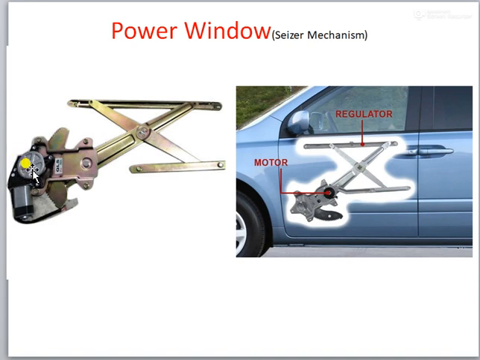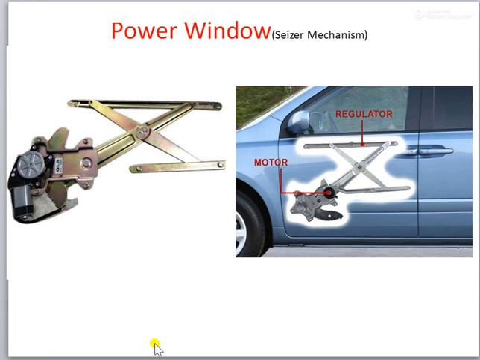The only difference is that instead of the door handle we put a motor over here. Because of that, it becomes a power window or power assisted window. So this is the mechanism we use in the case of the power window, or window of the vehicle.